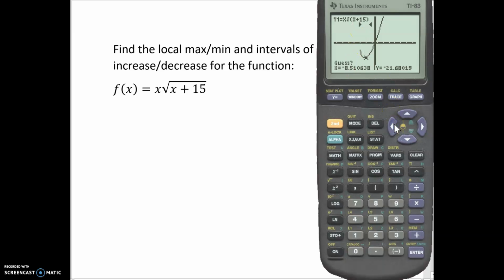And it wants me to do one more thing and guess. That's pretty close, so I'll hit enter there. Now it returns a value. This is an oddity with our graphing calculators. It's a rounding thing. If you see negative 9.999 or negative 10.0001, you can assume that really means the actual whole number. So I can hit second calc, value, negative 10, and verify that I really am going to get